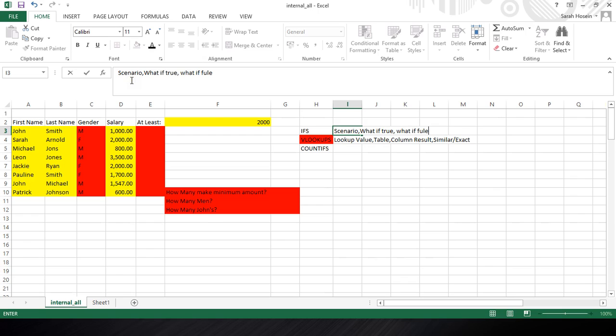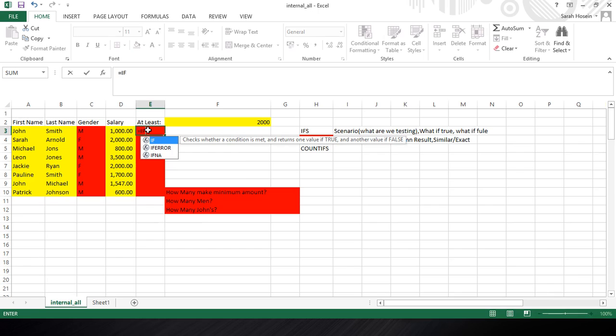Under scenario, in brackets, I'm going to put what are we testing. What are we testing? Close bracket. Just so that you can see what I mean by scenario. Okay, so now we're ready. Okay, like normal, equals if. Open the bracket. Again, you get little helpers. So we're saying if what? If what? If the salary